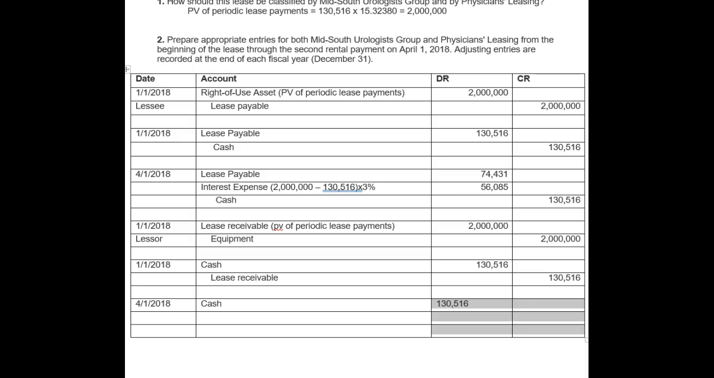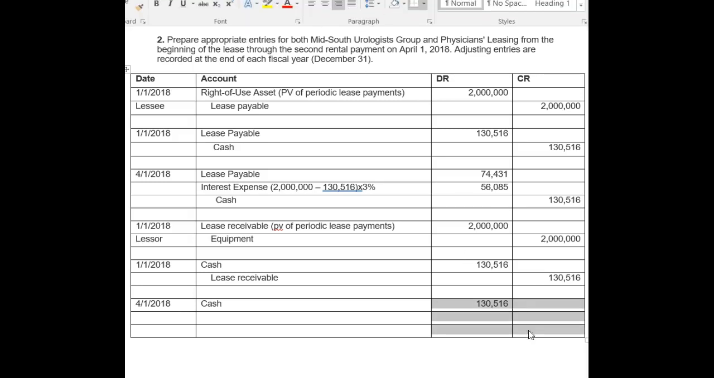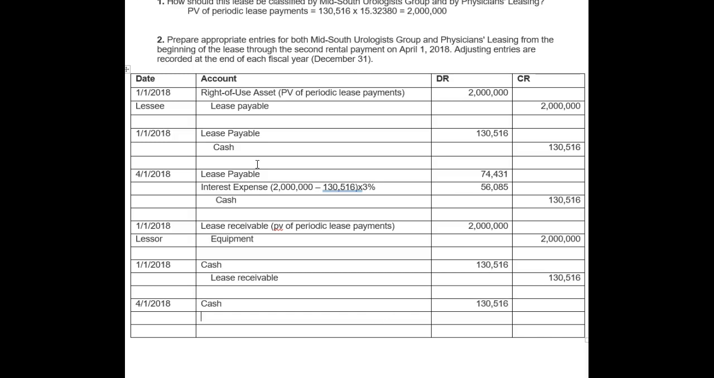The difference being now time has passed, so interest has accrued. So again, notice that first payment went all to the principal because no time had passed, so no interest could accrue. Second, we had the interest expense on the lessee. Same concept here. We're going to reduce the lease receivable, and we're also going to recognize the interest from that